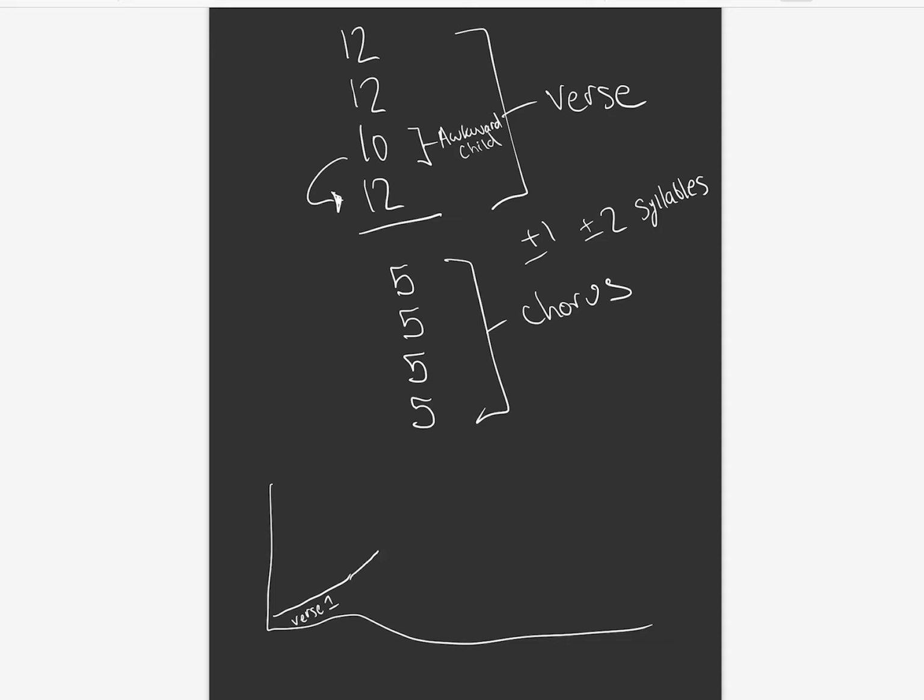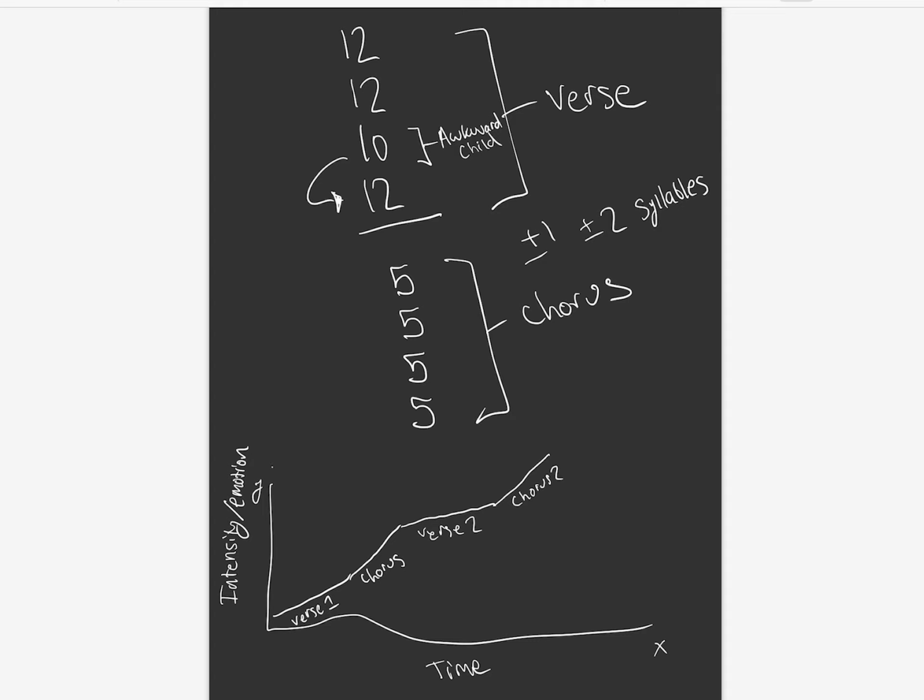And then it's going to have an inflection point at the chorus where it really starts to pick up in intensity. Of course, the y-axis is going to be intensity or emotion, and the x-axis is going to be time. So this is chorus 1. And then once again, we're going to have a little bit of an inflection point there where it plateaus with verse 2. And then in the same way, we're going to have another positive inflection point for chorus 2,